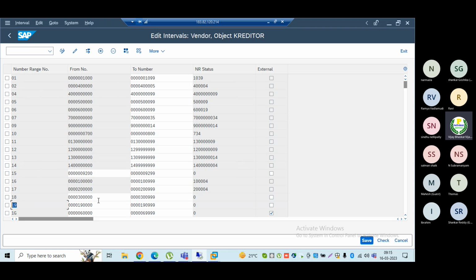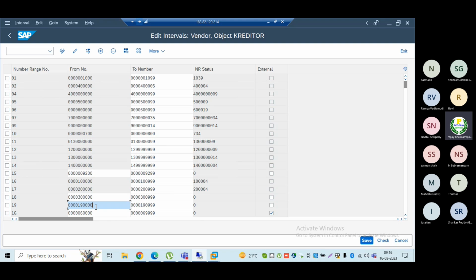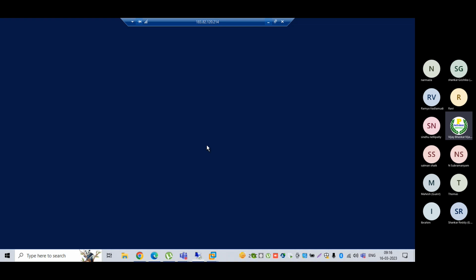Okay, then the number ranges we need to capture, the number ranges are important here. You just forget about this number, you can give any number, but the numbers are important here. 190000, remember 190000, you need to understand this.